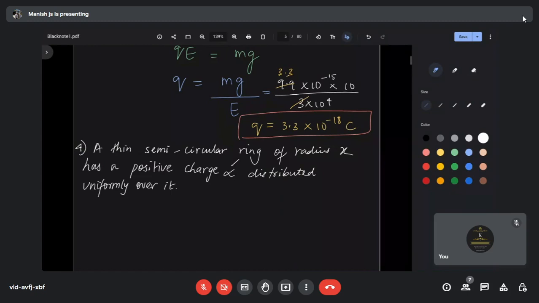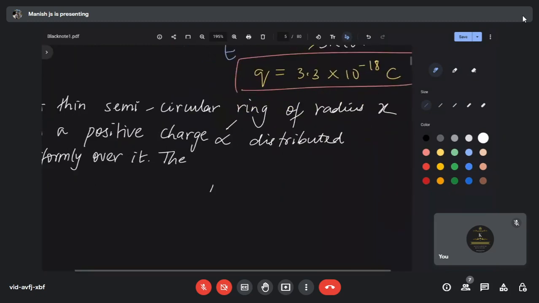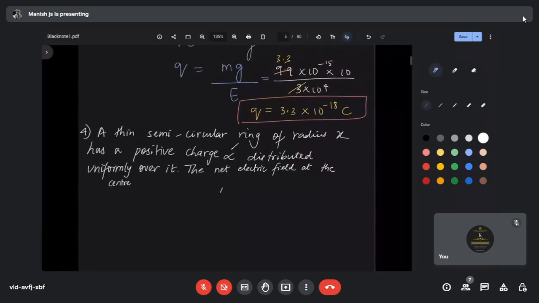Full stop. The net electric field at the center of the ring on the diameter is